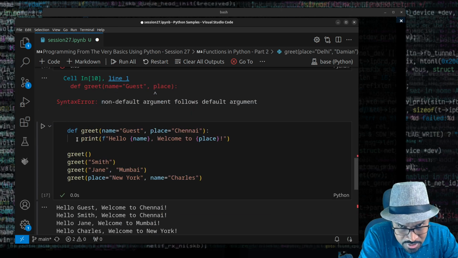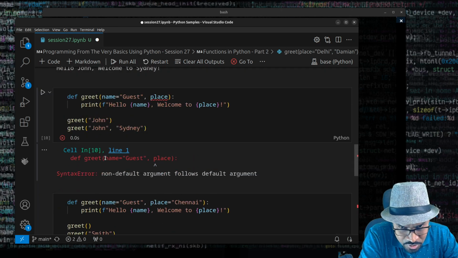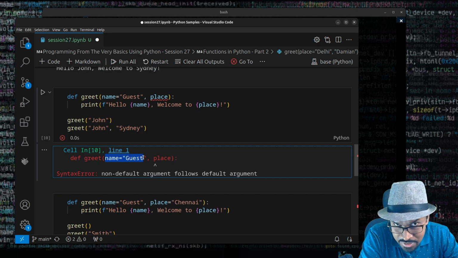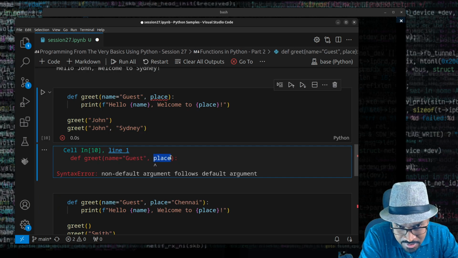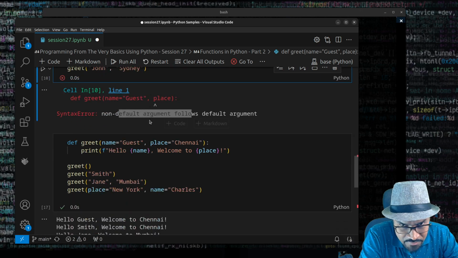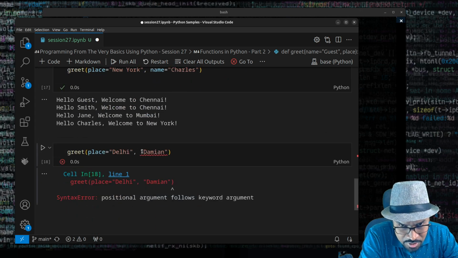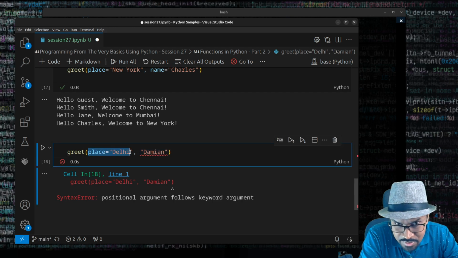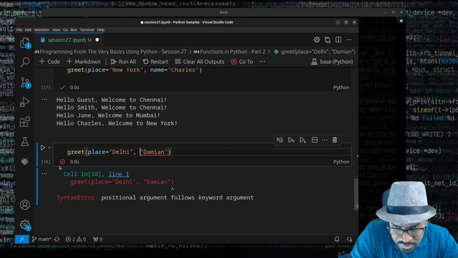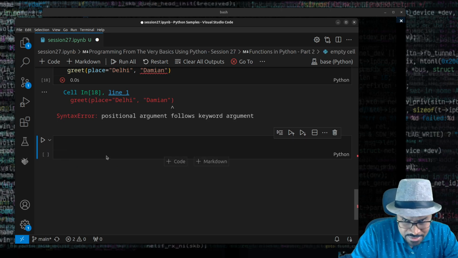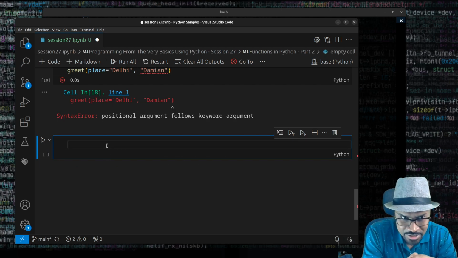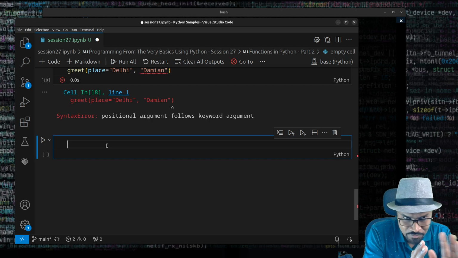You should also note, even when I'm defining a function, you cannot have a non-default argument that comes after a default argument. That was an error, right? This is in the function definition. Even when I'm making a function call, a similar rule applies. You cannot have keyword arguments passed before positional arguments, right? So this is something that you should know. Now, having told you about these basic syntax rules and how you can create functions with default arguments and